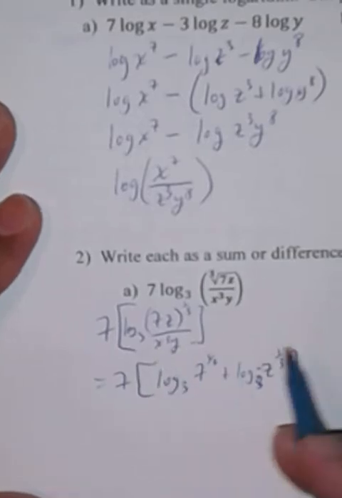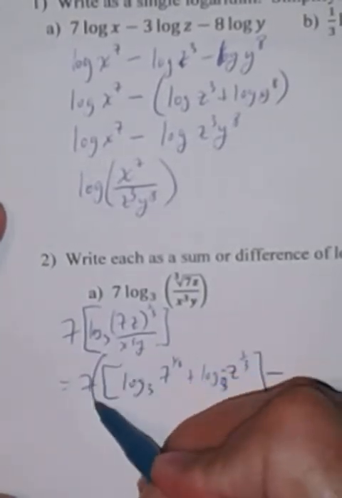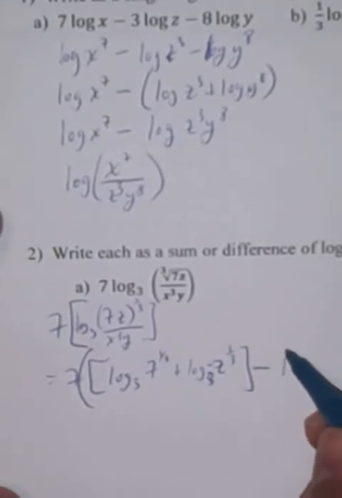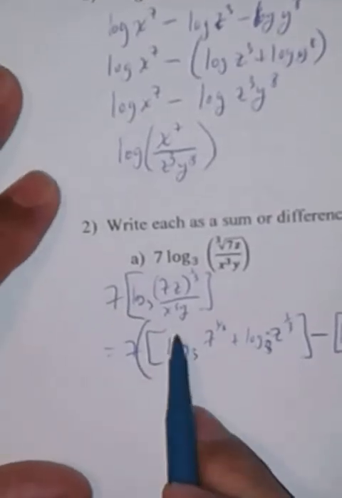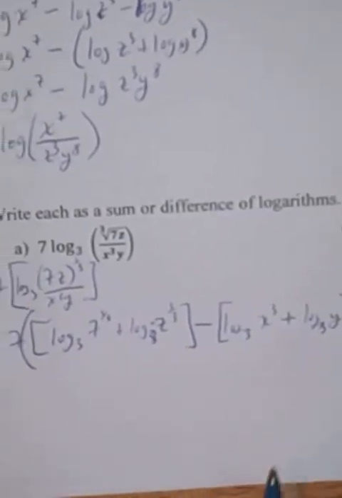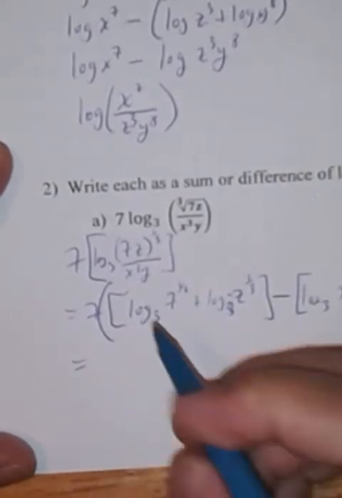In the bottom, I'm going to subtract, with parentheses around the whole thing, minus log base 3 of x to the third plus log base 3 of y. Notice that's the product underneath, right? So it's a product underneath, so it's an addition of log base 3's. Okay, so this is then